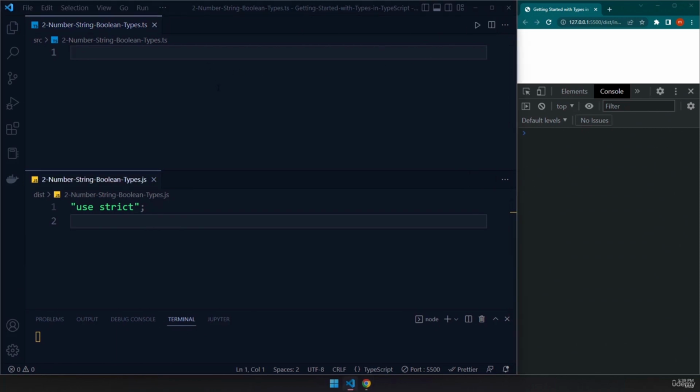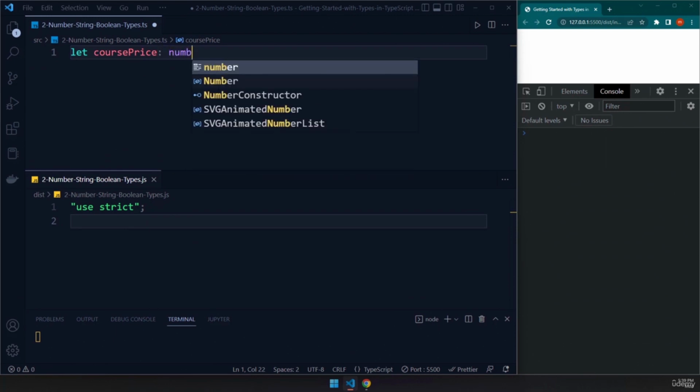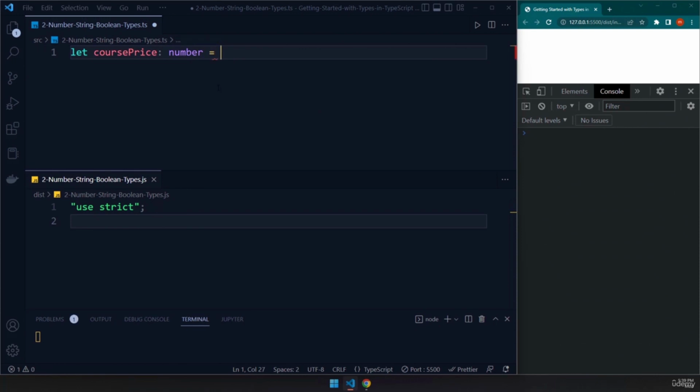So first, let's go ahead and take a look at that. So I'm going to say let courseprice. Now, this is the variable. I'm intending to assign it a number. Therefore, I'm going to annotate it with a type number. Whenever you provide a type to a variable, technically, it's called type annotation, or you're annotating this course price variable with the type number. These are very simple stuff. And I'm saying, okay, the price of this course is, let's say,